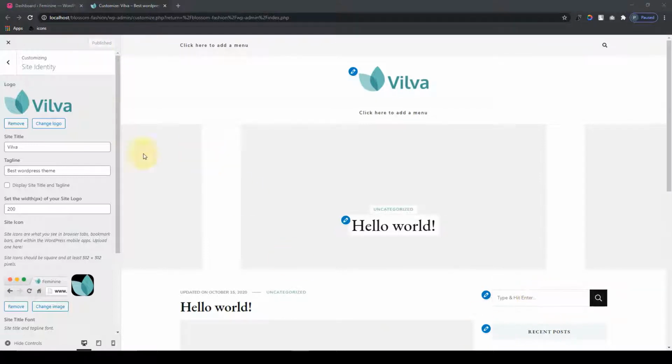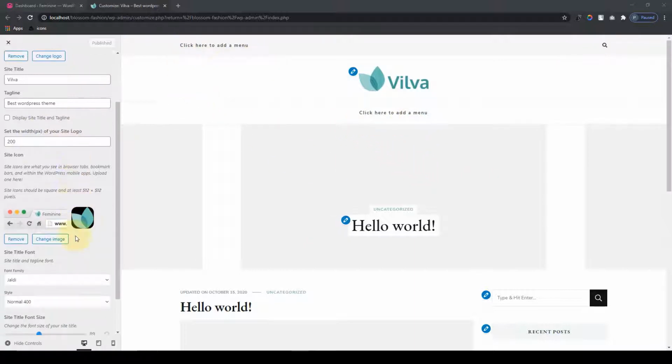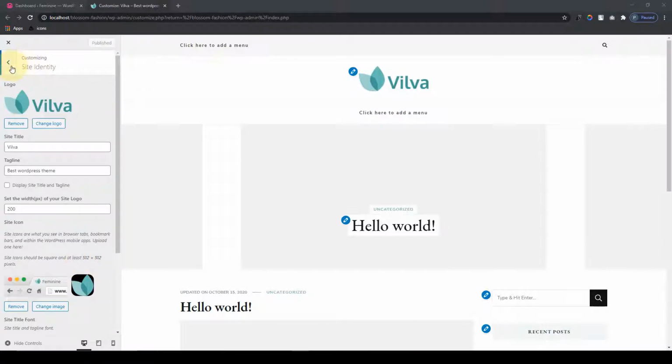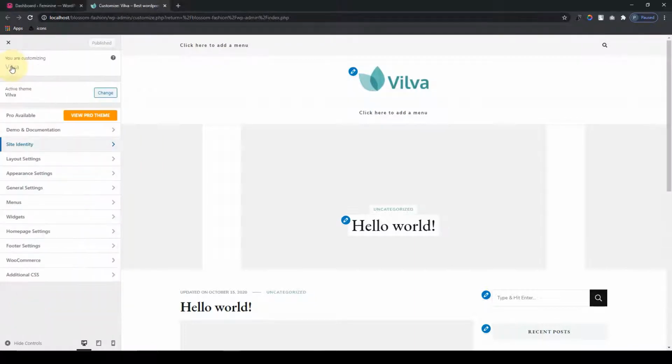Since we have completed our site identity, we will carry on with the rest of our header section configuration. So after the site identity is done, we will go ahead and add the social media icons on the top of our website. After that, we will create a banner section, and then we will create our primary and secondary menu. So let's go ahead and add the social media icons to our website, and for that we will have